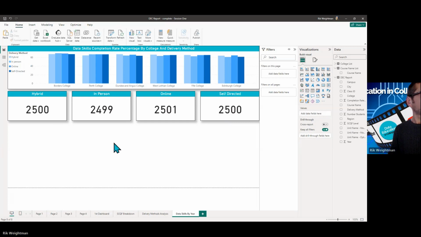Now, what we're going to do is add another visual. The default visuals that come with Power BI are great. There's loads and loads in there, but actually there's hundreds more available as well. I'm just going to show you one just now. At the bottom of your list of visuals, you've got these little 3 dots where, if you hover over it, it says get more visuals. So we'll go on there, get more visuals,